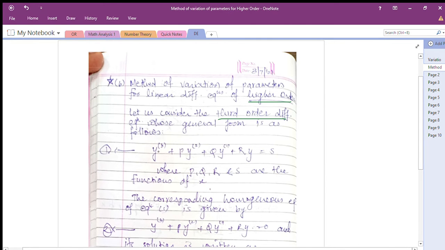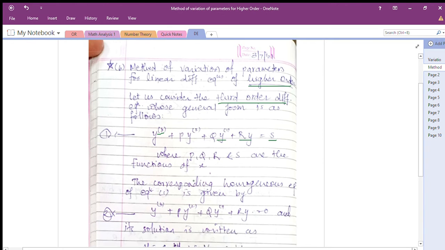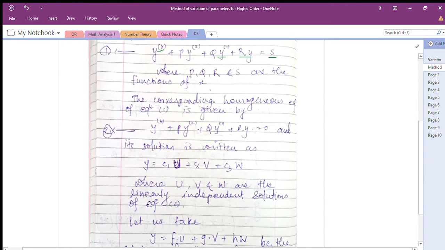Now the general third order differential equation looks something like this: y3 + p y2 + q y1 + r y = s, where p, q, r, s are all functions of x. The corresponding homogeneous equation of equation number 1 is given like this. That means the right hand side is